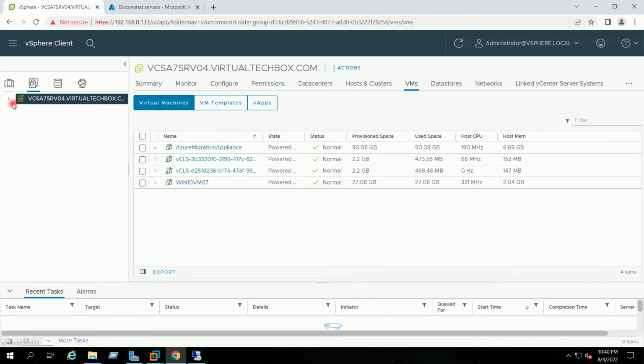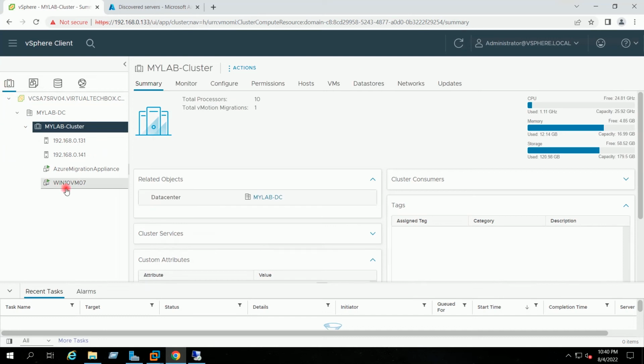These two virtual machines we don't need to migrate, we will ignore these two VMs, and this is the Windows 10 virtual machine which we will actually migrate.